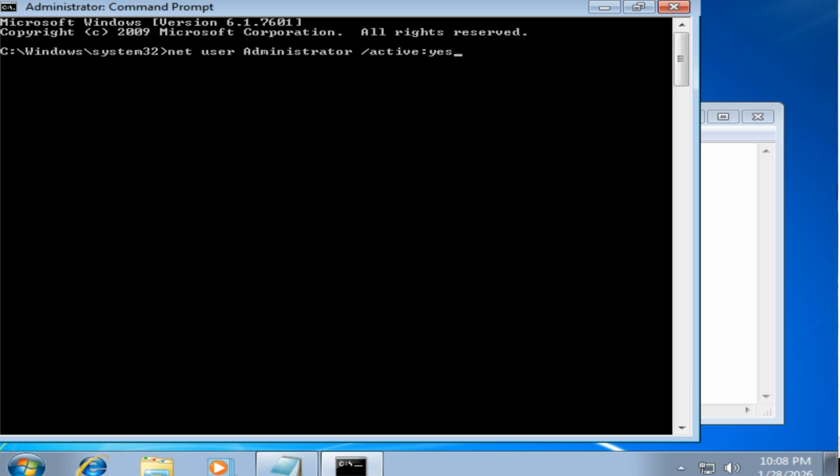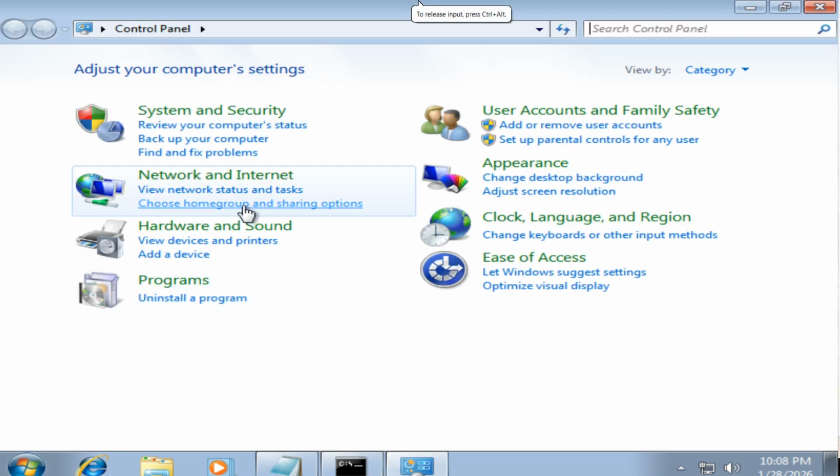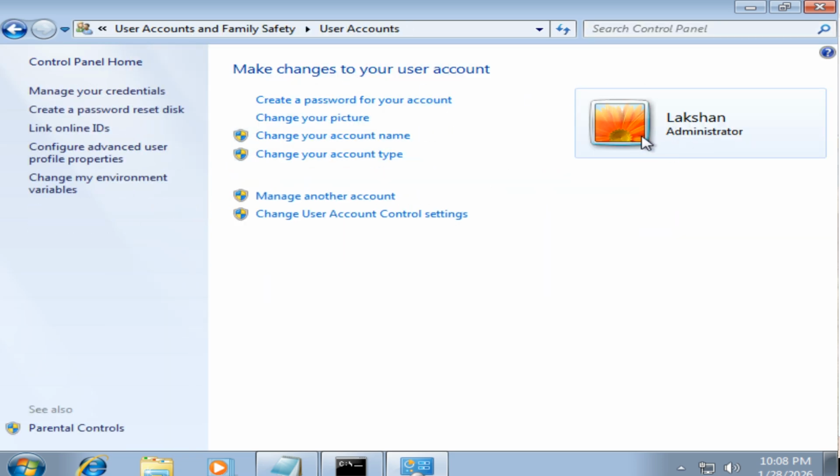Once you are logged into the administrative account, go to the start menu, open the control panel, go to user accounts and select your user account. In my case, this is the account, and then there is an option called remove password. Click on it and it will remove the password from your account, or you can change your password to something else. That method should work, but if it is not working,